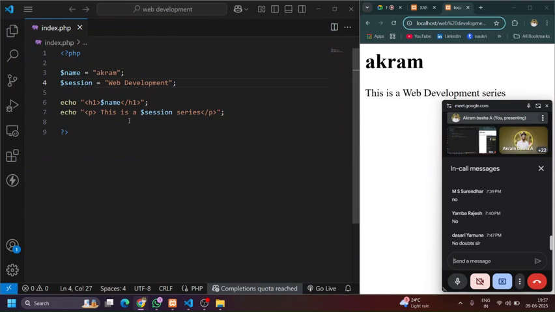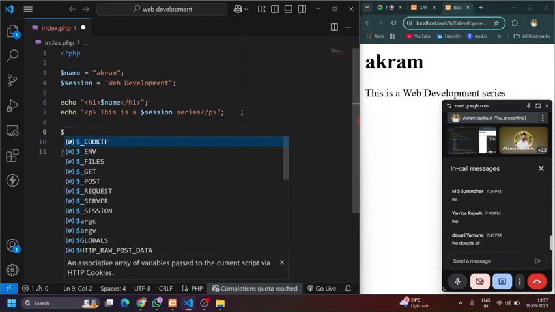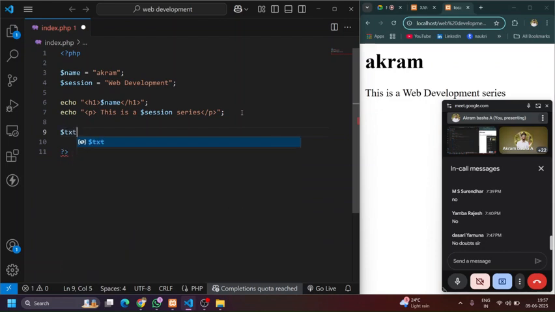This is one format of how to define a variable and then how to call the variable in the echo statement, and then another format is there to call the variable. Let me show you. I will define another variable. I will define the variable name as text. Inside this I will define the content like hello dev,